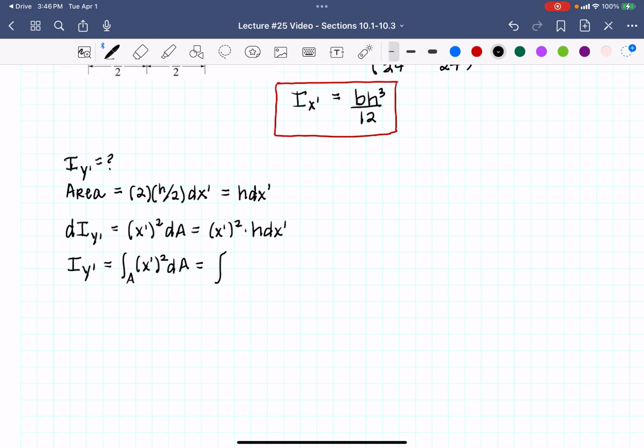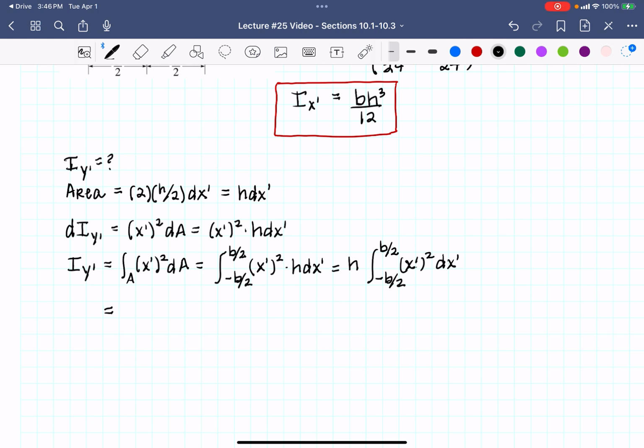So I'm going to have from negative b over 2 to positive b over 2. It's going to be my limits times x' squared times h dx', which I can pull the h out, which equals h, and I'm going to have my integral from negative b over 2 to b over 2 of x' squared dx',